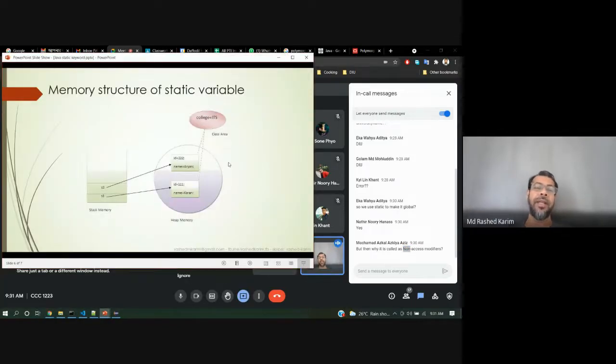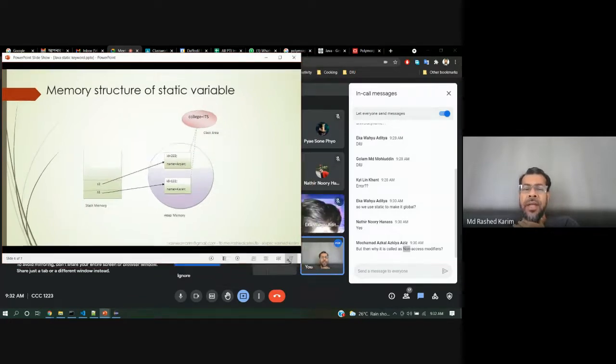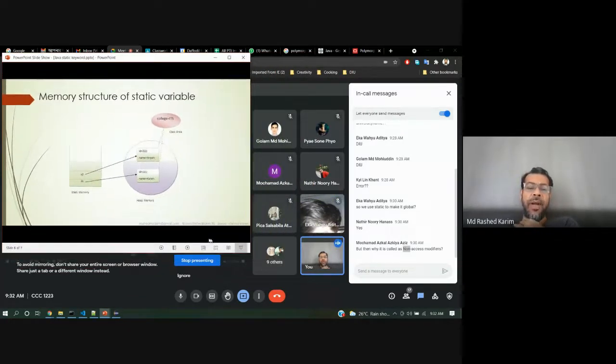So what basically is going on when I declare a static variable? There are two memories in Java: one is stack memory, another is heap memory, and another is the class area. The heap memory occupies all the objects. Like I have two objects, one is Eka and another is Ascal.